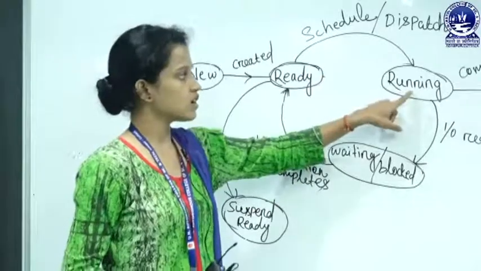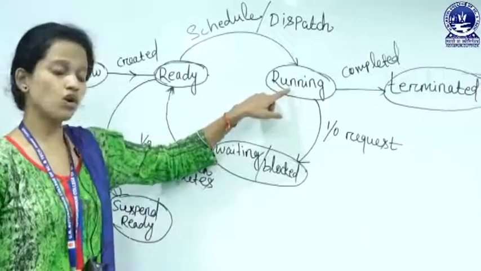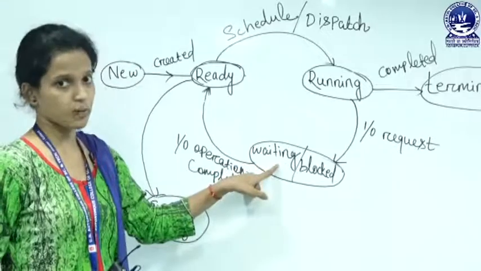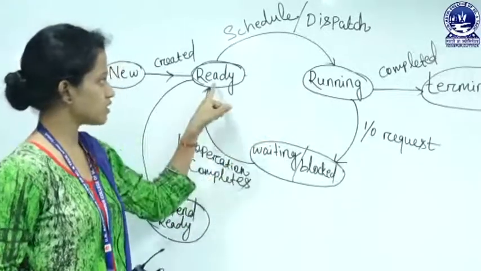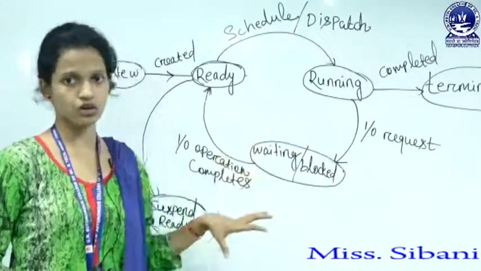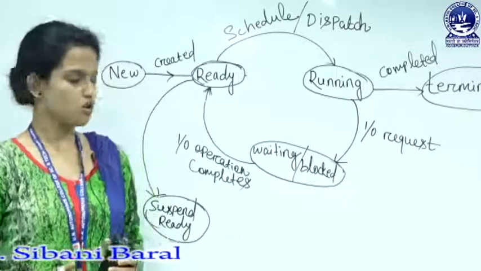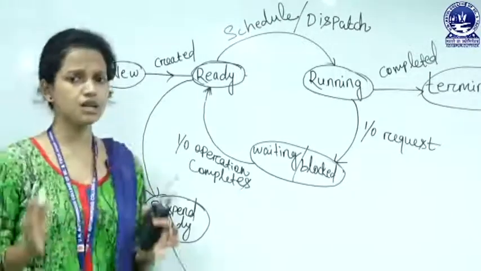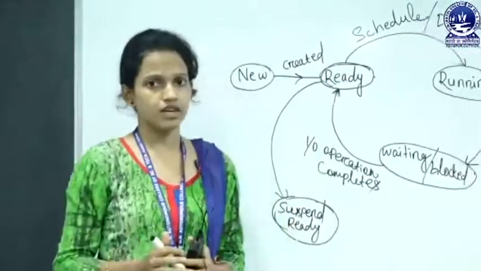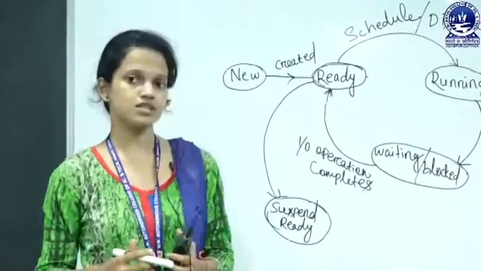So, the process executes within the main memory. The running state is also within the main memory, and the waiting state is also within the main memory. So, these are all drawn within the main memory. I have already told you the size of the main memory is limited, it is small. So, if many processes reside in main memory at a time, then it can be exhausted.